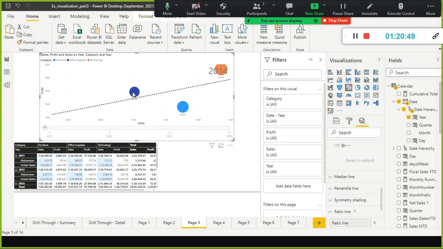This is the furniture category, and this is my office supplies. So with this, obviously you can decide, okay, we can focus more on office supplies than this one. Can I do like that? But the profitability is very less here, but we have to invest more on this.